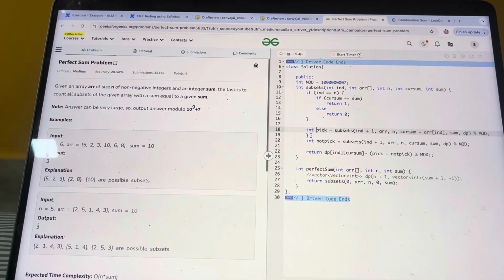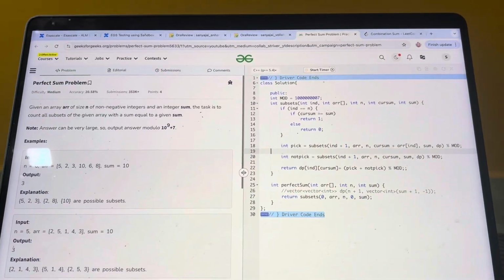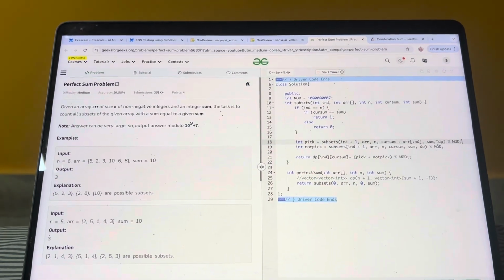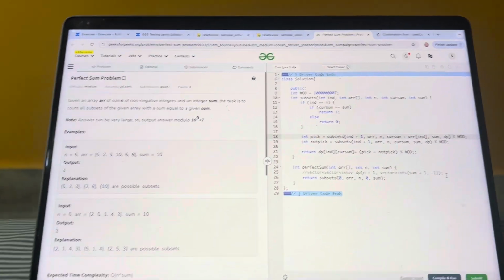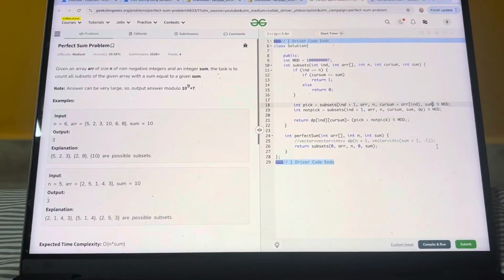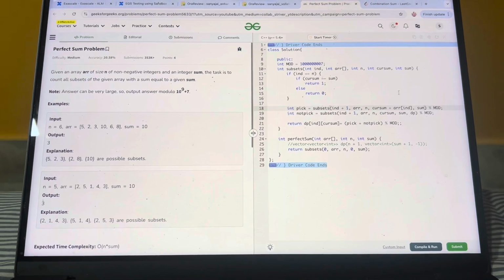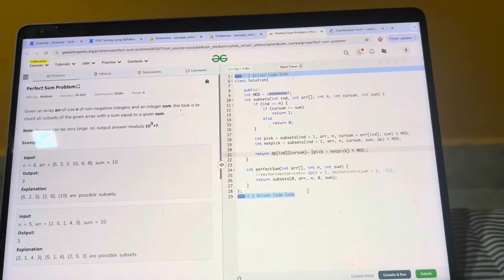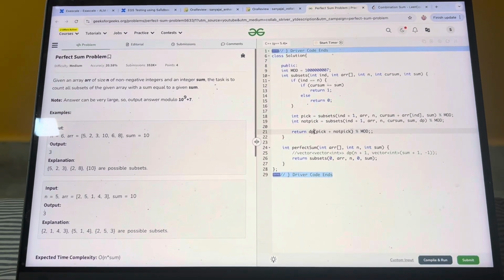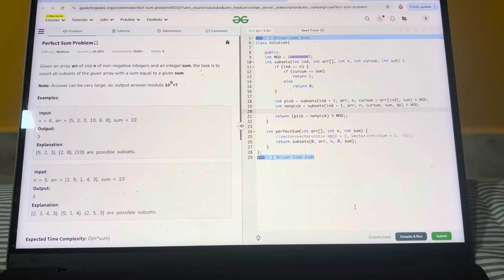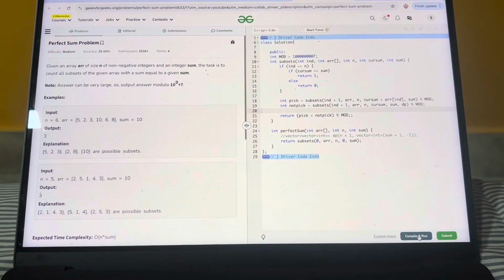In pick, dp is to be replaced here also, and in not pick, this one has to be removed again. This is what we have discussed. Now if I compile and run it,